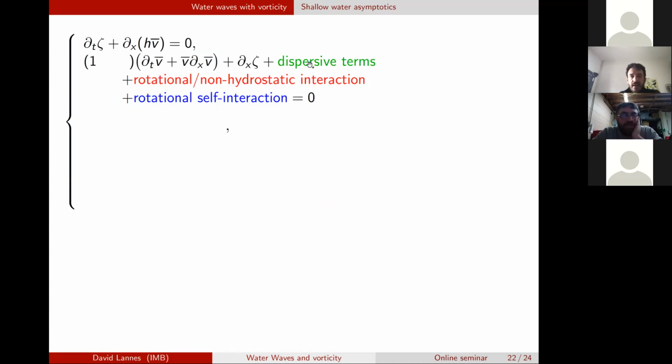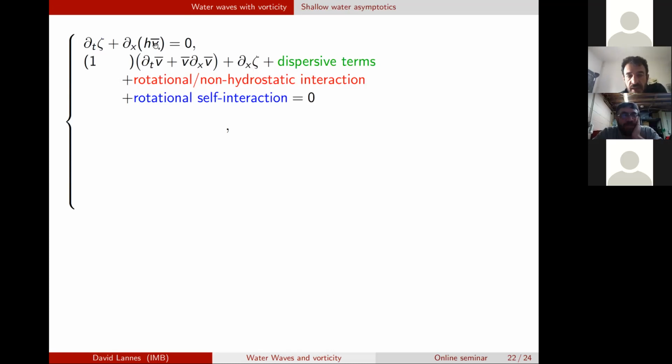Let me start with the model that you obtain, as I said. You start at first order approximation when you say that the pressure is hydrostatic. So it gives you this dx zeta here. So this is the nonlinear shallow water equation. I do it in dimension 1, but we did it, of course, in the two-dimensional case. So you have the hyperbolic